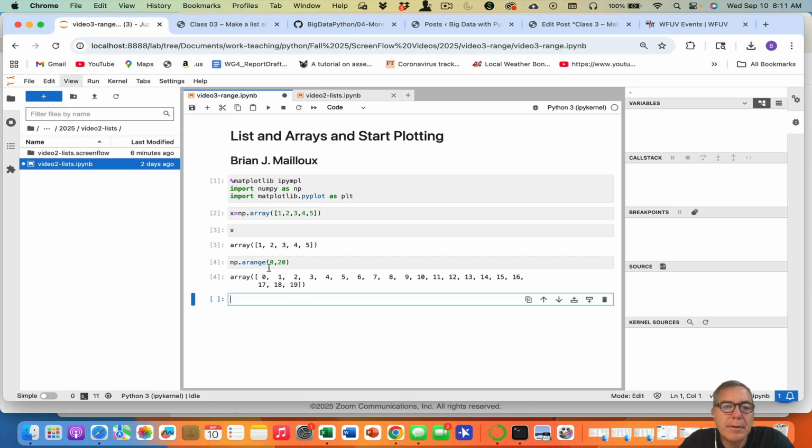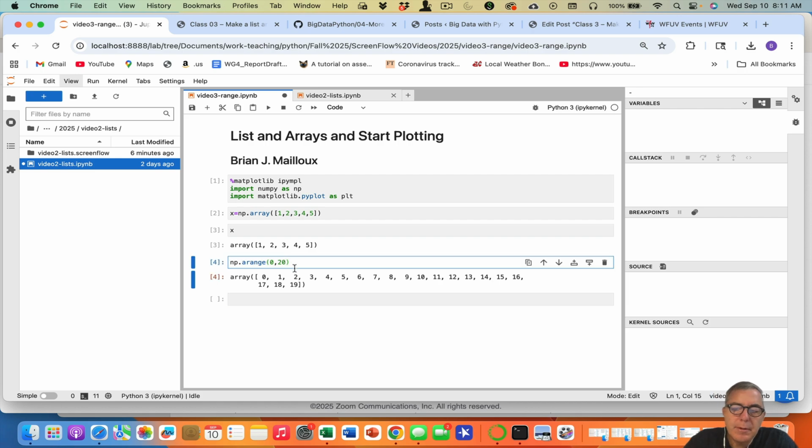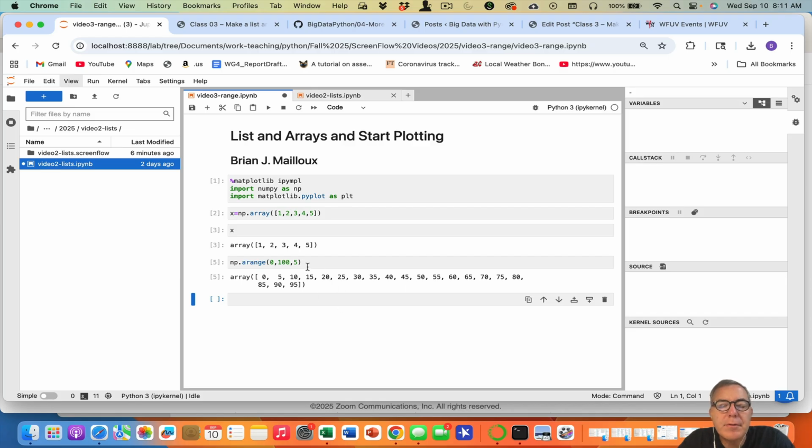This is for counting, right? So you could keep going. You could do 100 by 5s, right? And there it gives it to you. So this is a really nice thing. It gives you numbers for counting. And say you want to set your x equal to this, you could do x equals np.arange. We could do, I don't know, 0 to 700